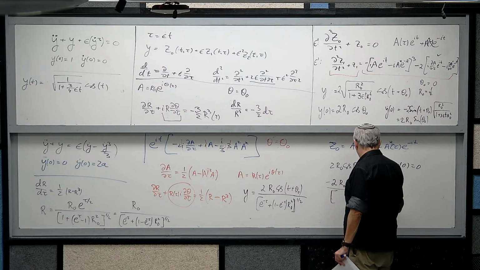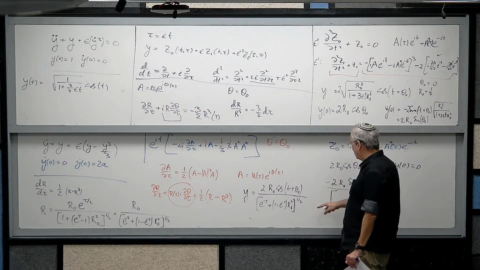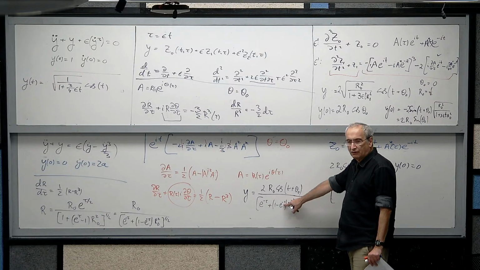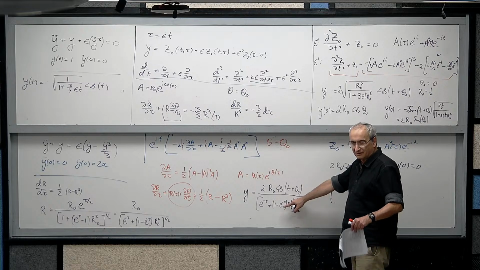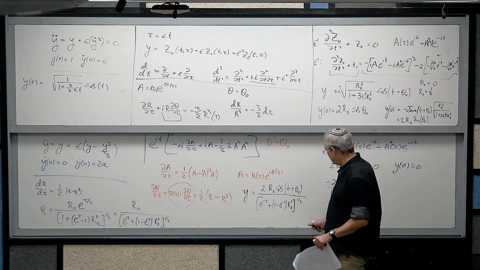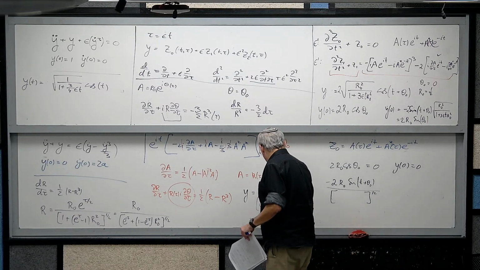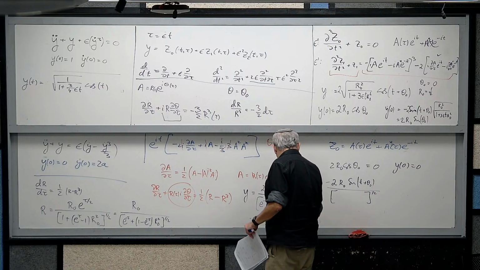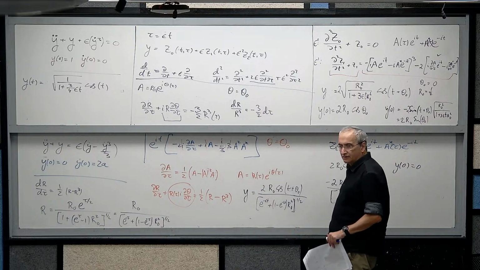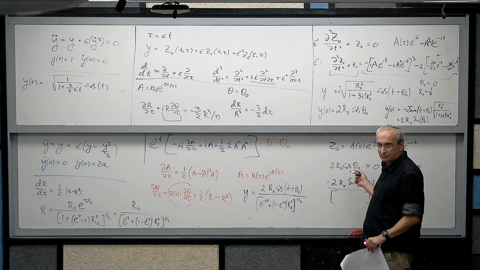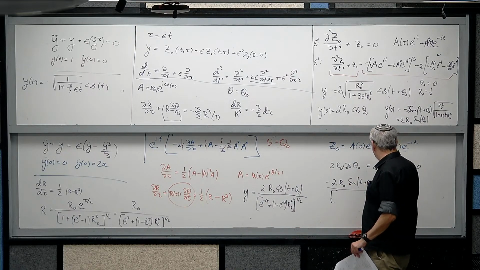And again, I have to add the derivative with respect to tau here. But as before, this will give me another epsilon, because tau is epsilon t. Okay, maybe I should write it now as epsilon t. So I can neglect it to the first order in epsilon, and what I get is